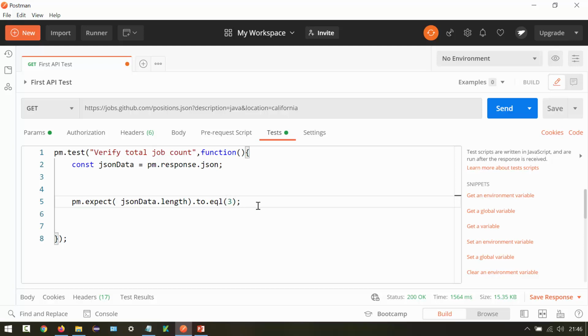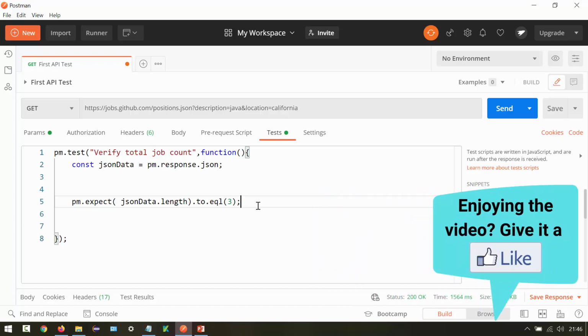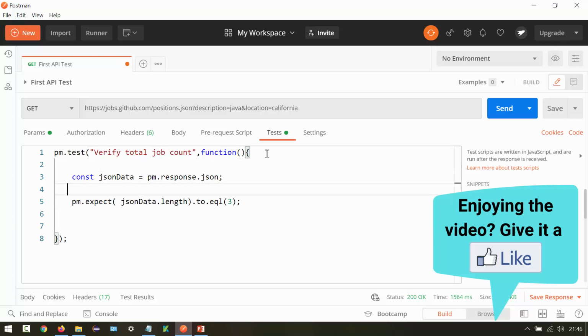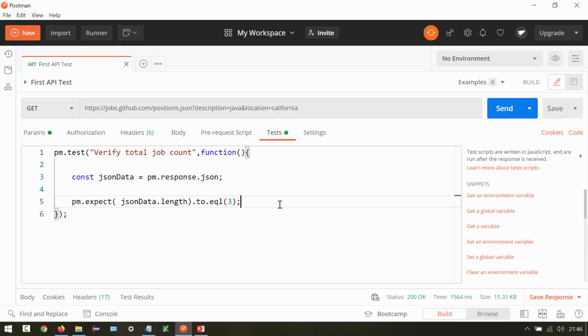With this we are saying pm.expect jsonData.length, so expect that the JSON data length is 3. So this is our first test. Let me format this properly. Okay, all looks good. Let me save the test.